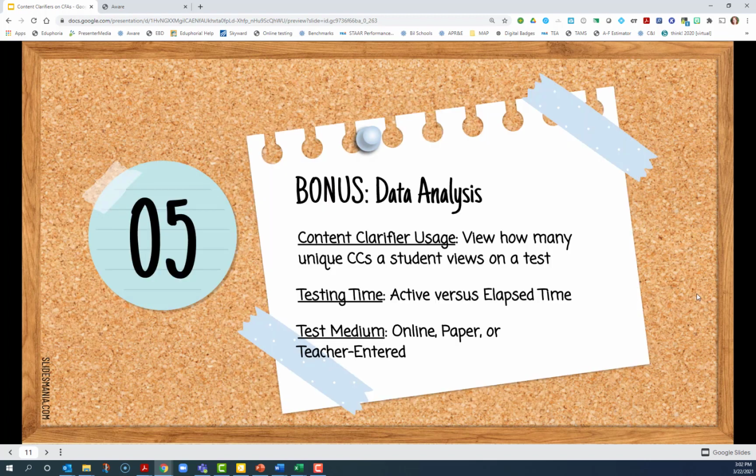There is a bonus. How can you monitor student usage of Content Clarifiers on assessments? That is a data field that you can bring into a custom